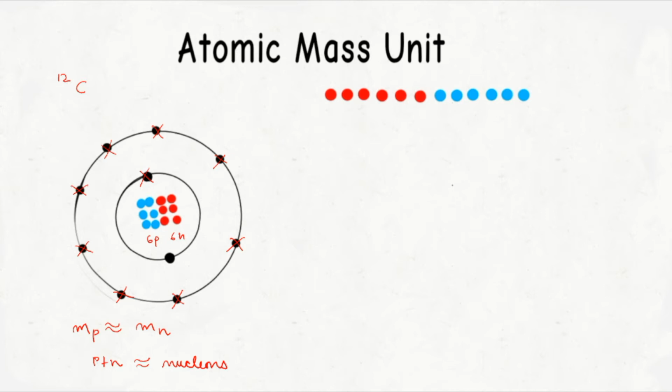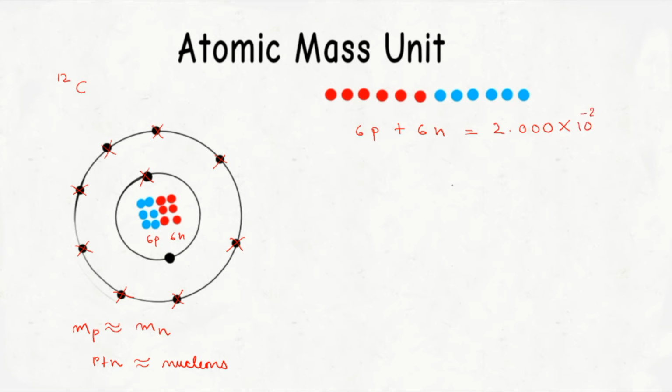Okay. So how can you write the mass of carbon atom? It will be the total sum of the 6 protons and 6 neutrons. See? The total sum of 6 protons plus 6 neutrons, that will be equal to, that means if you are taking one carbon atom and weighing it on a weighing balance, what will be the value?